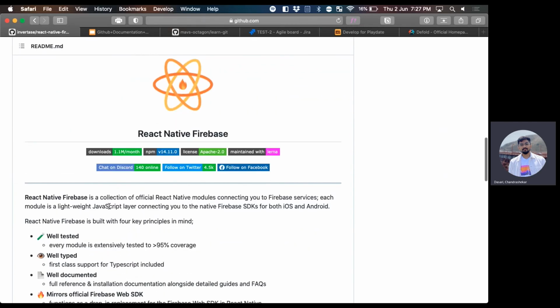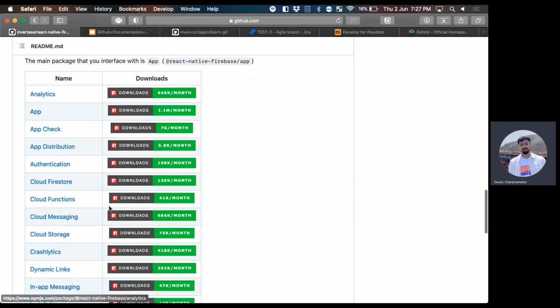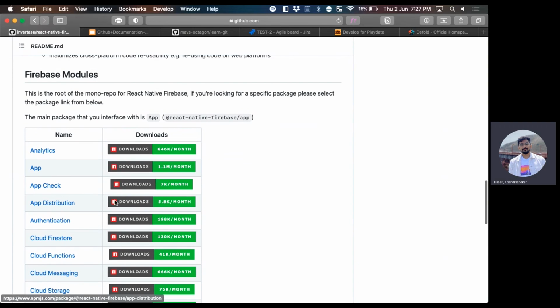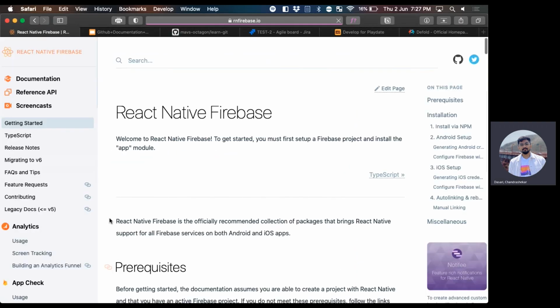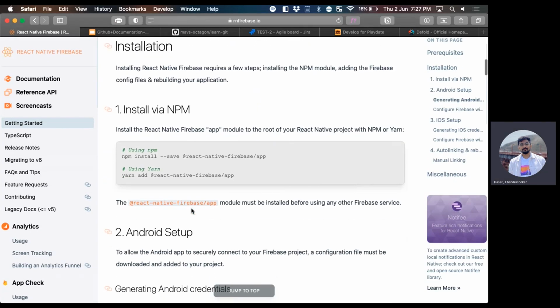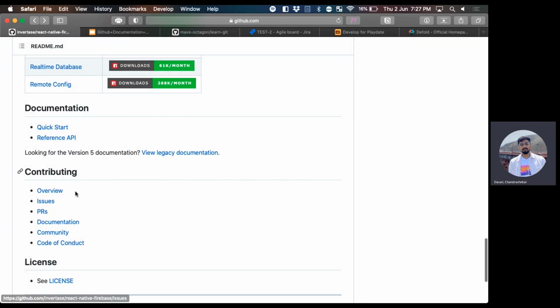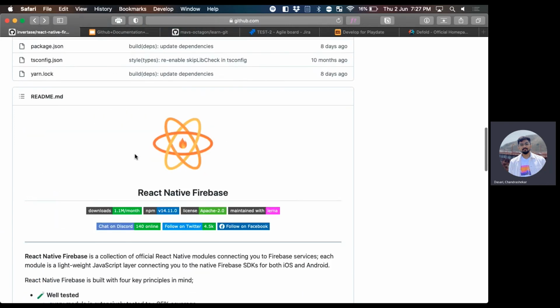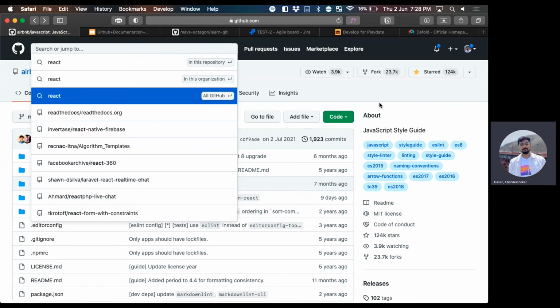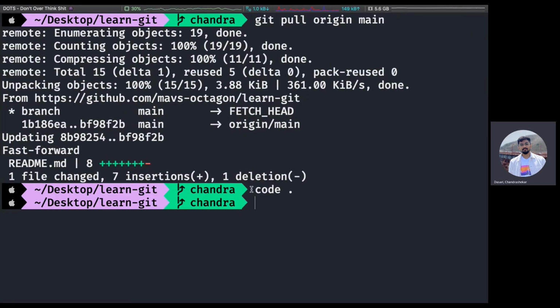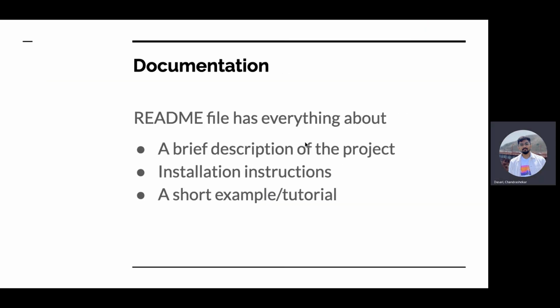This gives you a description of what the project is, where it is supported and stuff like that, what modules you need, a quick start. There's separate websites for it, but sometimes it's in the README file itself, so you should be fine with it. That's the main function of a README file. It's very important. It tells people how to get started. Yeah, it tells you how to get set up and how to use specific stuff in the project itself.